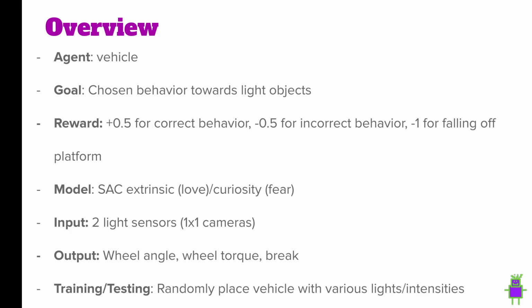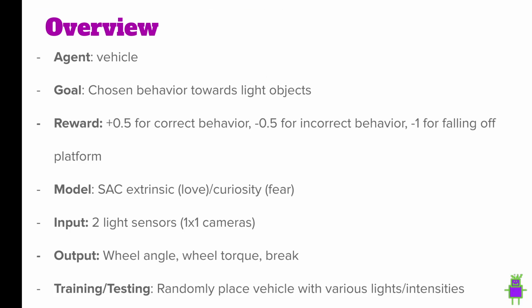The best models ended up being the SAC with either extrinsic reward in the case of the love vehicle or curiosity reward in the case of the fear vehicle. Both kinds of vehicles had the exact same setup with two light sensors as input. The actions available to the vehicle agents were the wheel angle, wheel torque, and brake. And again, this was rear wheel drive.